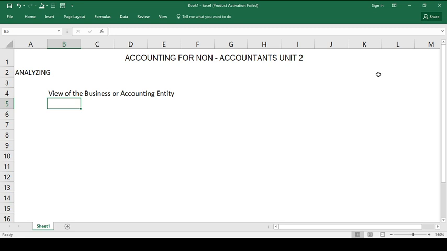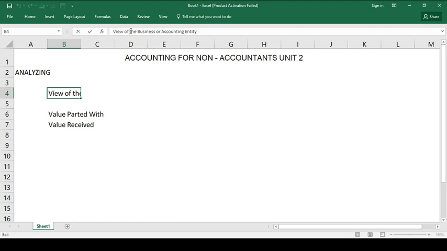i-analyze pa deeply. Once we analyze, we need to determine what is the value parted with. Ito yung hahanapin natin: value parted with and value received. So, dapat mong makita kung ano yung mga value parted with at value received from that transaction. For example, in the viewpoint of the business or the accounting entity,